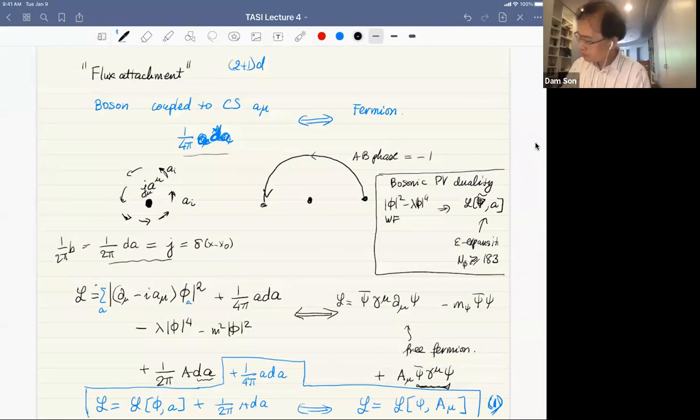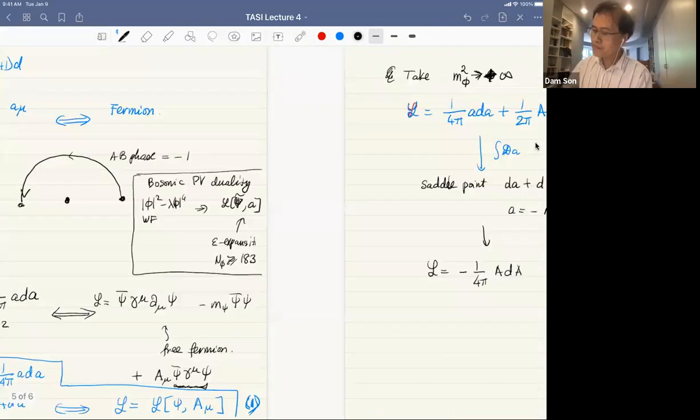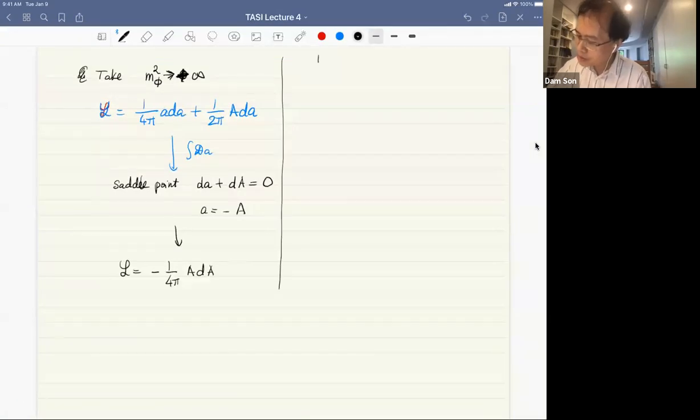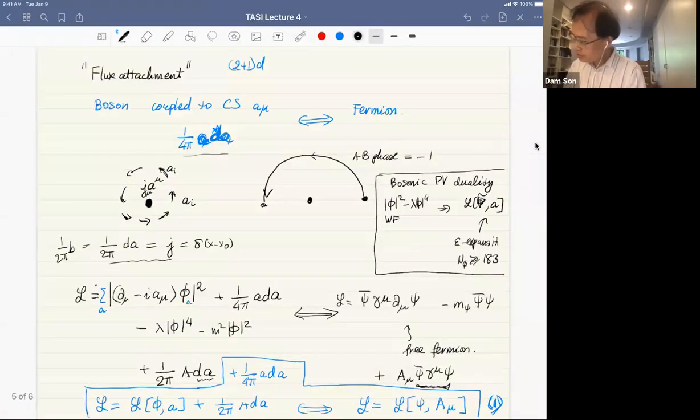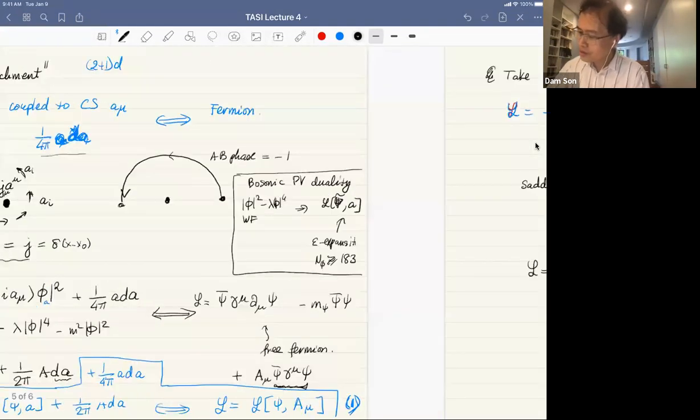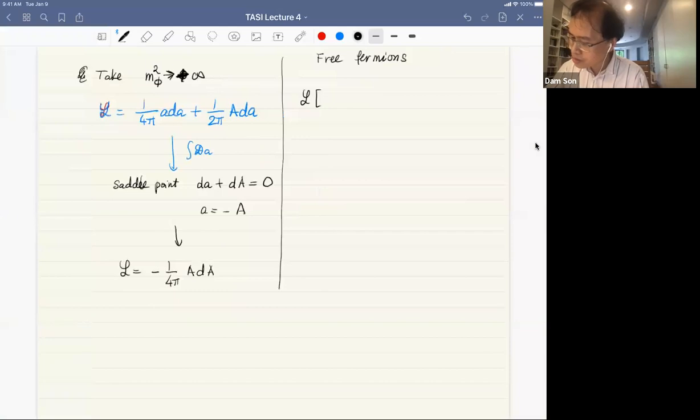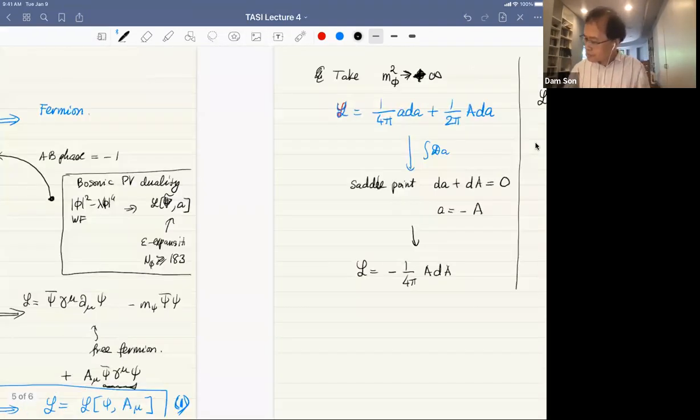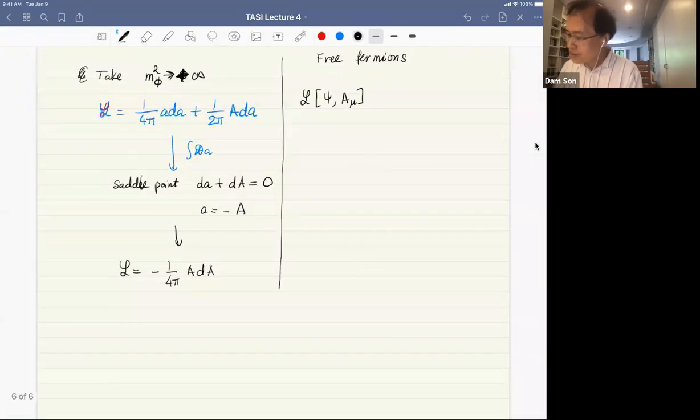Okay, so what is the free fermion here? Here is something that we have mentioned before. In order to couple a fermion, so we have this fermion coupled to the A mu field, right? This theory would not be well defined if we don't specify what we do with the Pauli-Villars regulator.